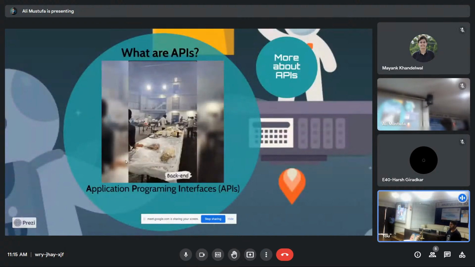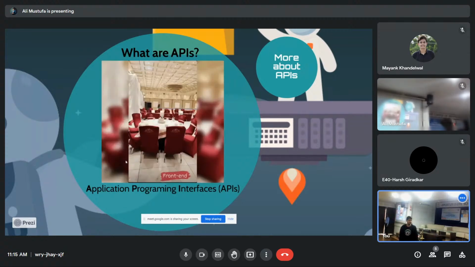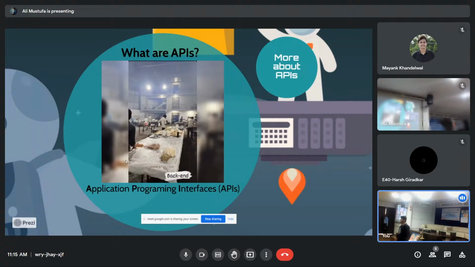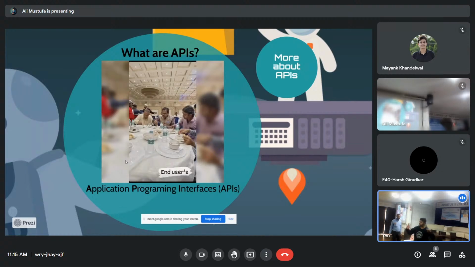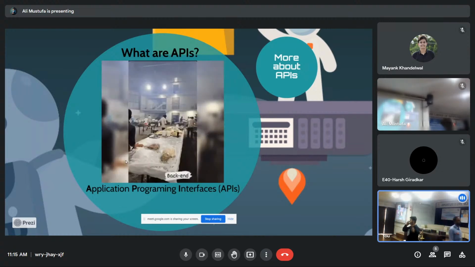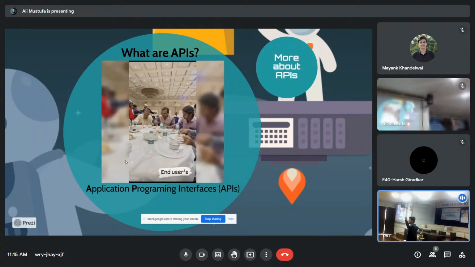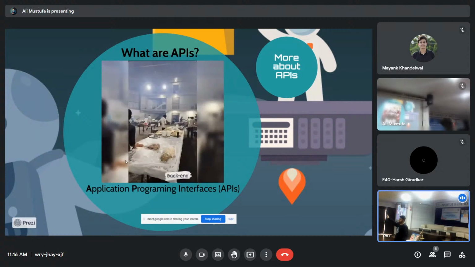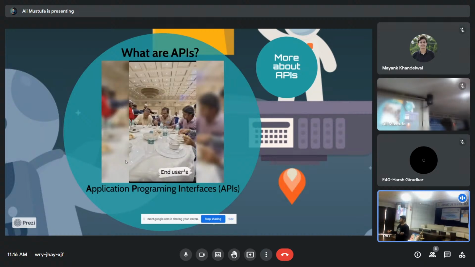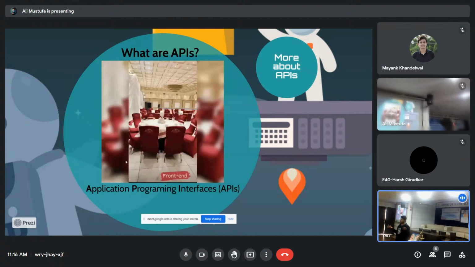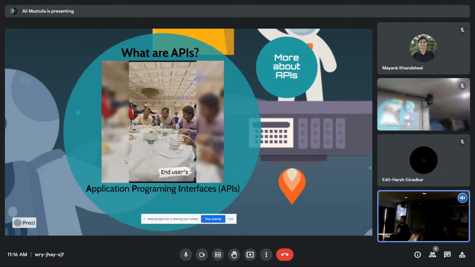A lot of people ask what is an API. This is from a wedding which I organized. I'm not a wedding planner, but my best friend had a wedding last week, and I was going ahead and planning a few things for him, basically going to the hall and taking care of everything. And I suddenly got this analogy of how to explain APIs to absolute beginners, like let's say you folks. You don't know what an API is, you just know the full form, application programming interface. I would not provide a textbook definition of it.